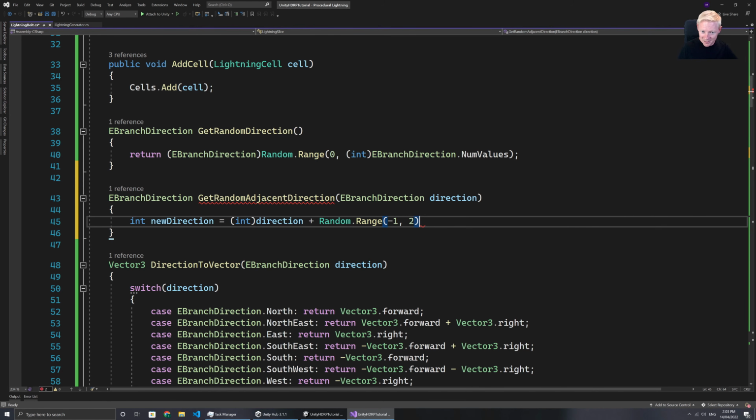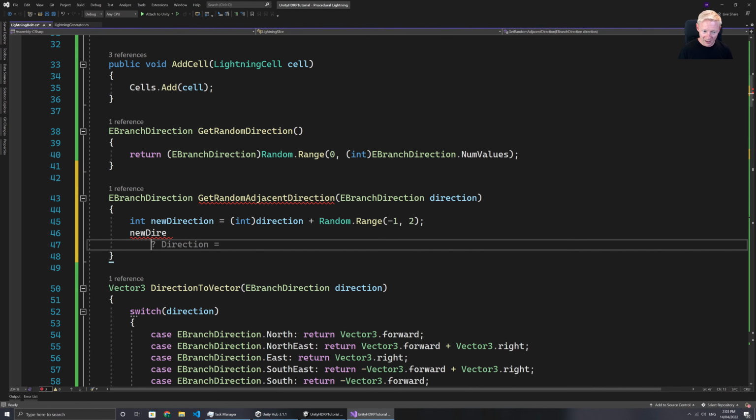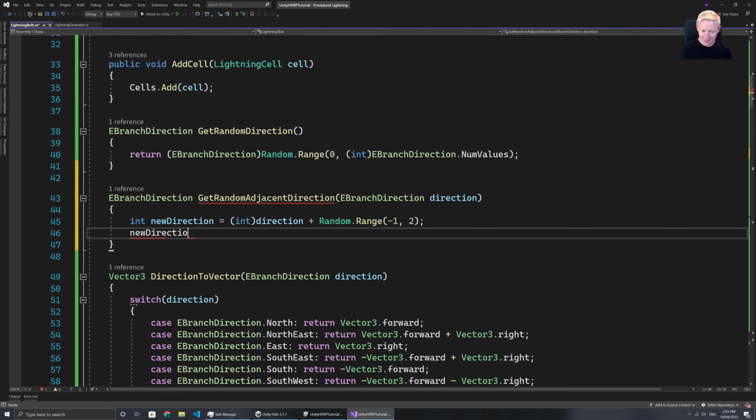So we're using integers, so that could mean that it goes either side, or it could pick the same. Then we want to, because this could go out of range, things like that. So the way we make it work is we go, hey, new direction. It's going to be new direction plus the integer version of the number of values